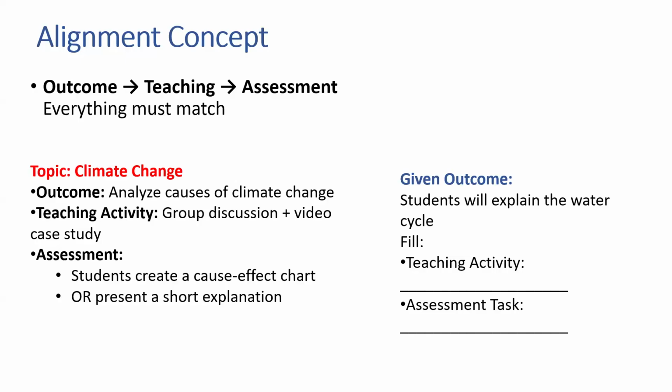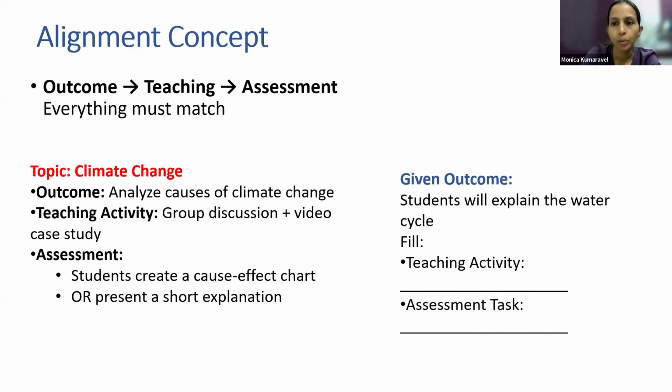Ma'am, in assessment, after giving the experiment, when they do evaporation and all, after that experimental activity, we can ask questions like what is evaporation, what happens in condensation, and observe participation and responses, because in oral questions, the students who are above average can participate and motivate the other students too. And for activity-based assessment, we can give worksheets like match the stages, fill in the blanks, label the diagram in primary classes. Yeah, very good point. Also, peer assessments can be given.